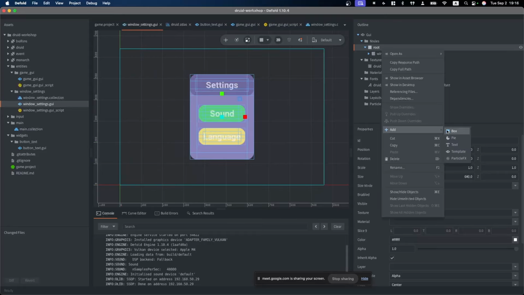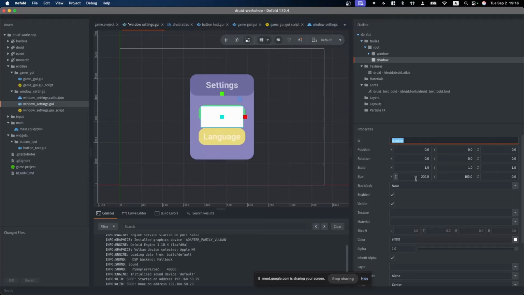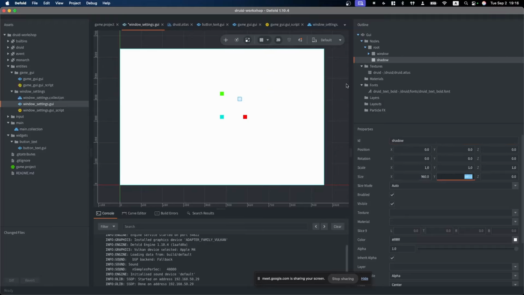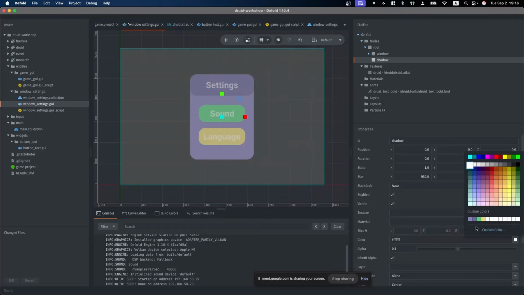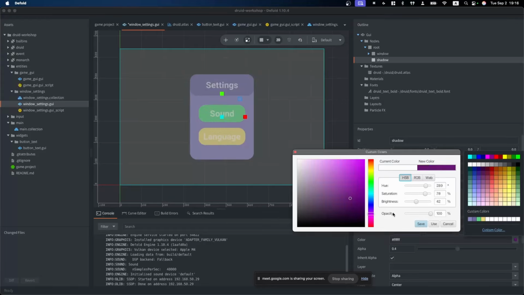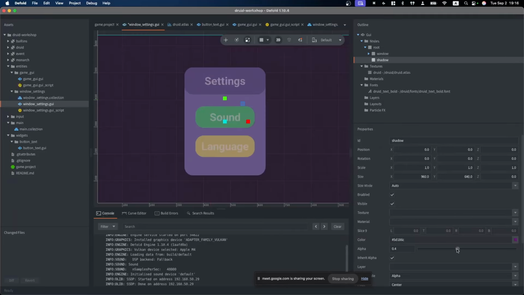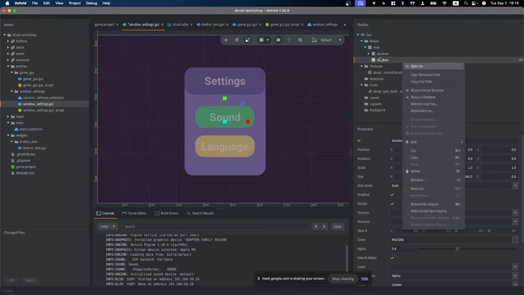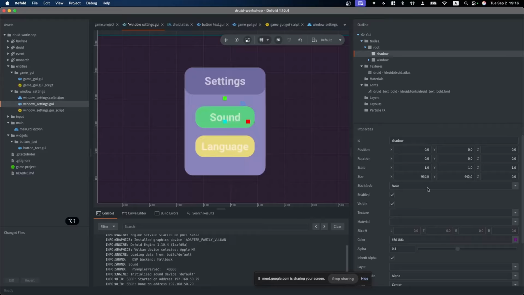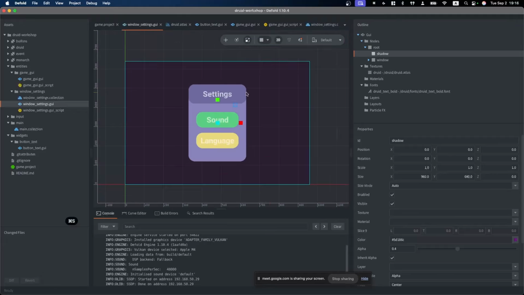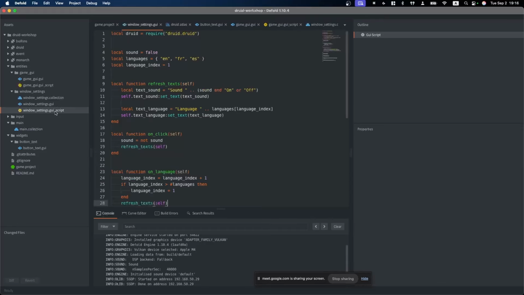So let's make some shadow node, as I usually call it. It's stretched over all of the screen. It has some opacity. Let's pick some dark color. And it should be placed before the window. So as you see now, it's hidden. To move a node up or down in the hierarchy, you can use right click and move up or move down, or just use hotkeys. It's Alt or Command, Alt or Option, I think, and arrows. So we have a shadow here. And I think that's all.